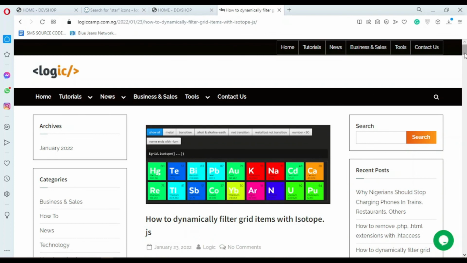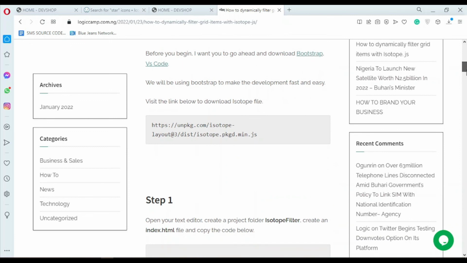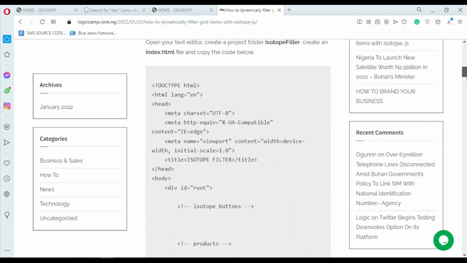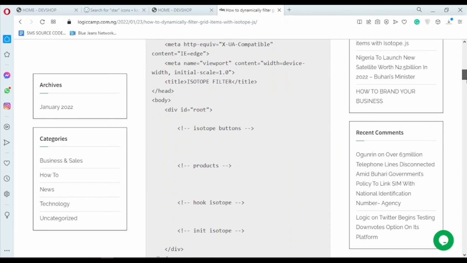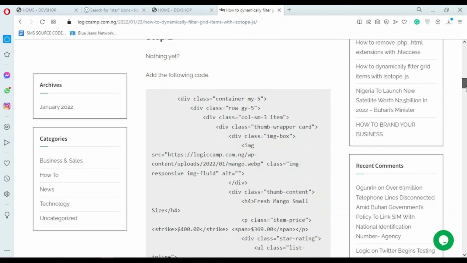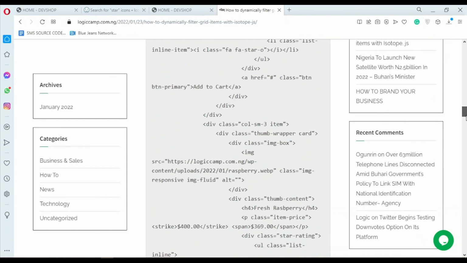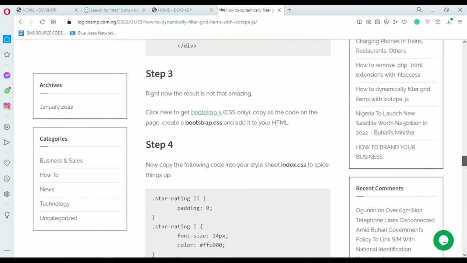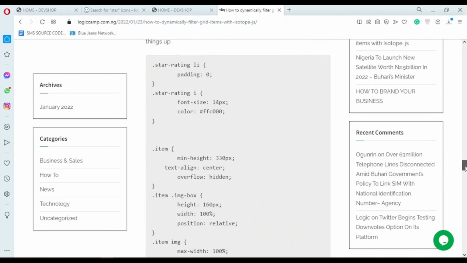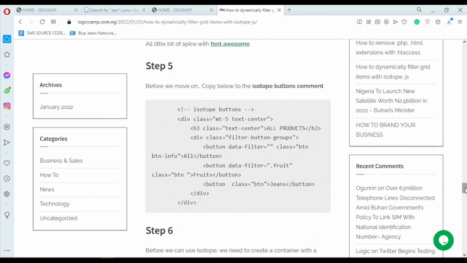So we don't actually want to read all the stories. We're just going to scroll down to step 1. So step 1 says we should get our HTML structure. So step 2 says we should add our products. I think we already have that. So step 3 says we should get Bootstrap. We'll have that. To add styles. So right from step 5,